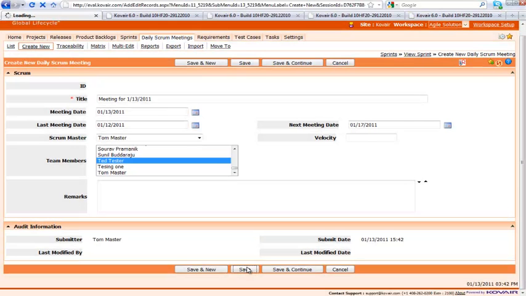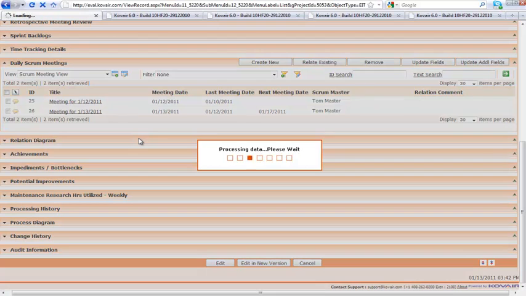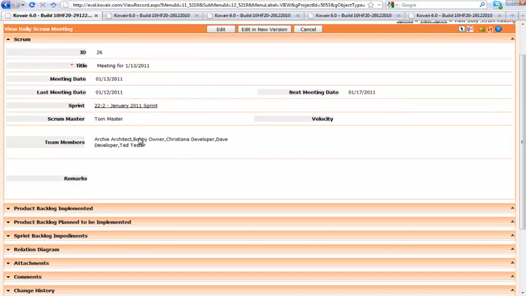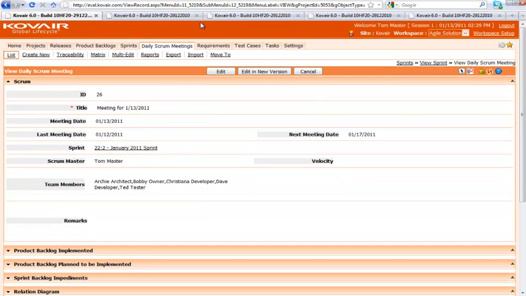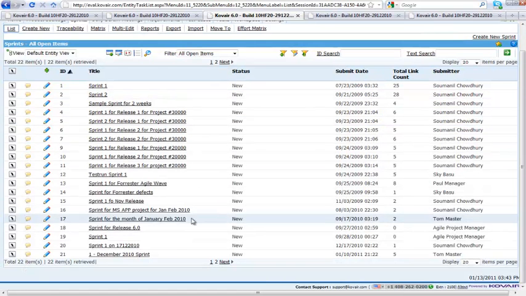So once I have created this meeting, remember that all of our team members may be distributed in different places. So they can actually come here and asynchronously put, for example, their input with respect to this particular meeting. So for example, let me do it on behalf of Dave. So let's go back to Dave and let's go to our sprints, and with respect to our January sprint,